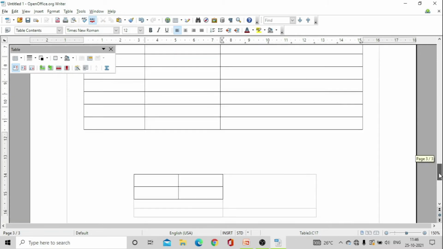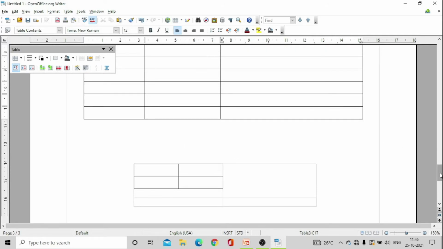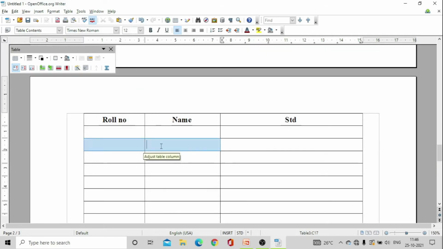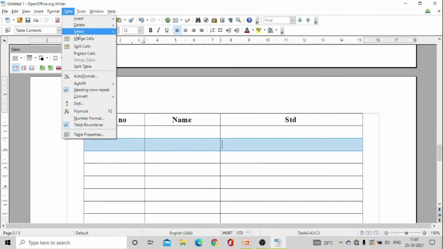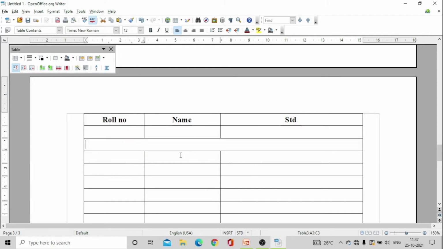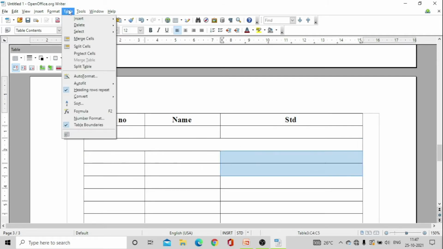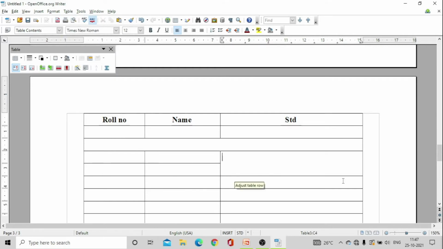Next thing was merging and splitting cells. How to merge and split cells? First of all, I'll tell you what merging is. I'll show you here. For example, I select this particular row and now I want to merge it. So I'll use this here. Either I can go for this or I can go for table and then the merge cells option. So yes, as you can see, the 3 cells are now only 1 cell. Next, I will select and then go for table, merge cells. So yes, as you can see, we have merged 2 cells.